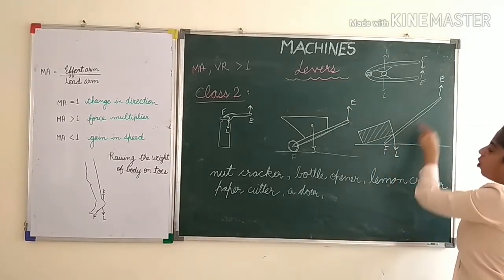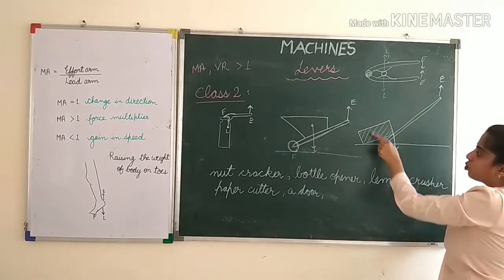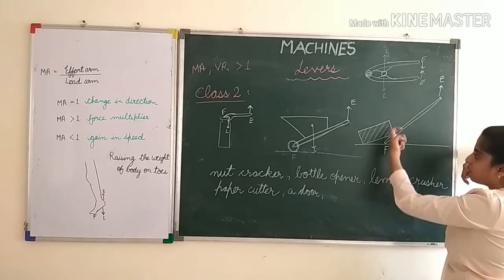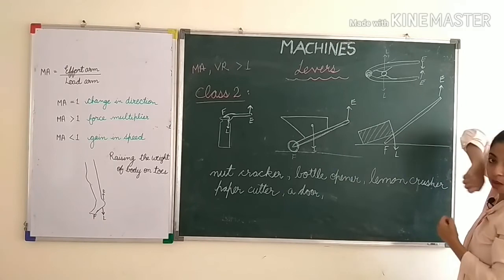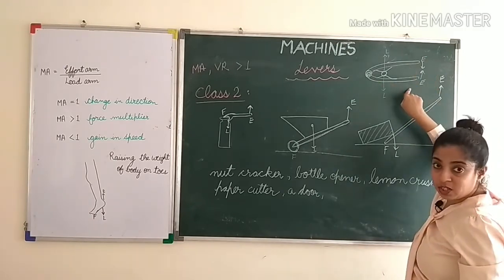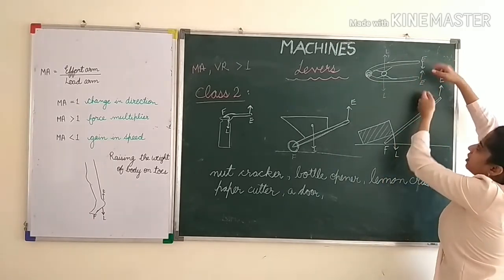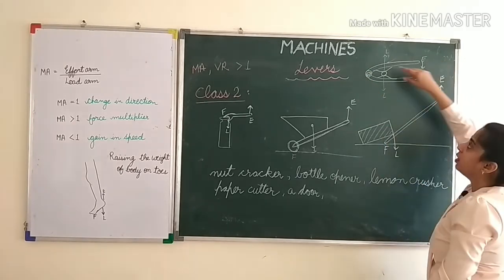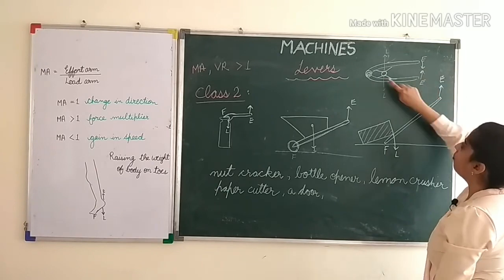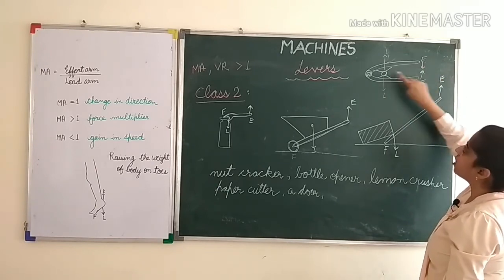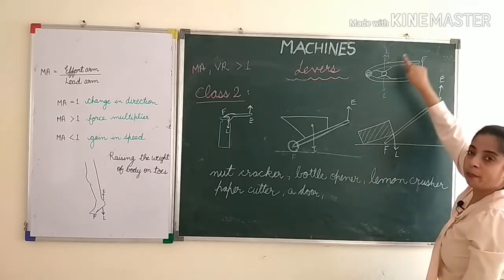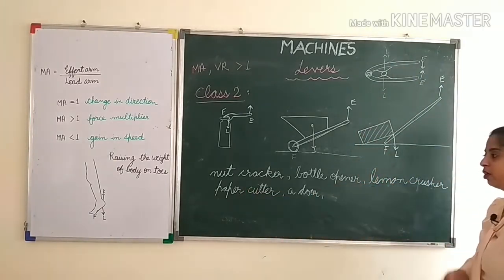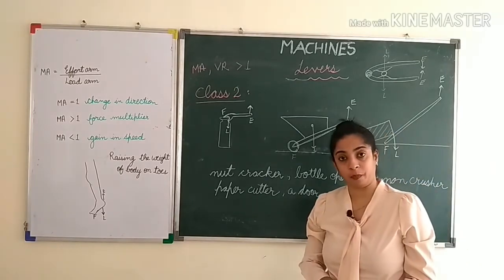Here also in the long bar used to lift the load. Here you touch the bar here at the ground, so fulcrum is here, load acts in between and effort is up. In nutcracker or lemon squeezer, you squeeze it like this, so effort is like this, fulcrum is in the end because you have joined it, and load, when effort is up, here load is down. When effort is down, load is up. So they are in opposite directions. The other examples are nutcrackers, bottle opener, lemon crusher, paper cutter and a door.